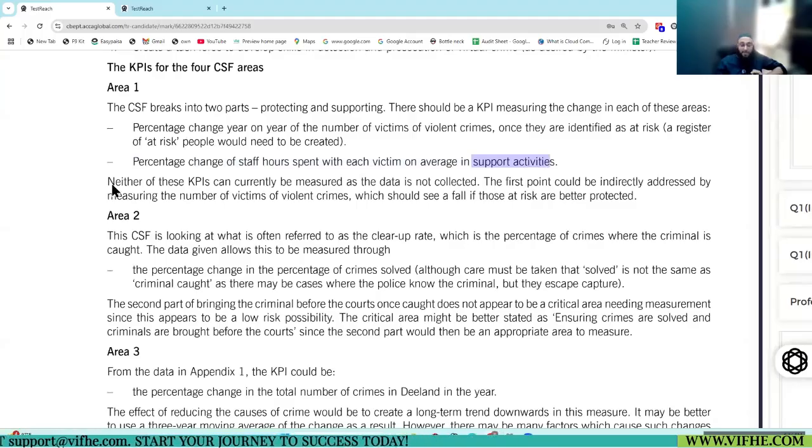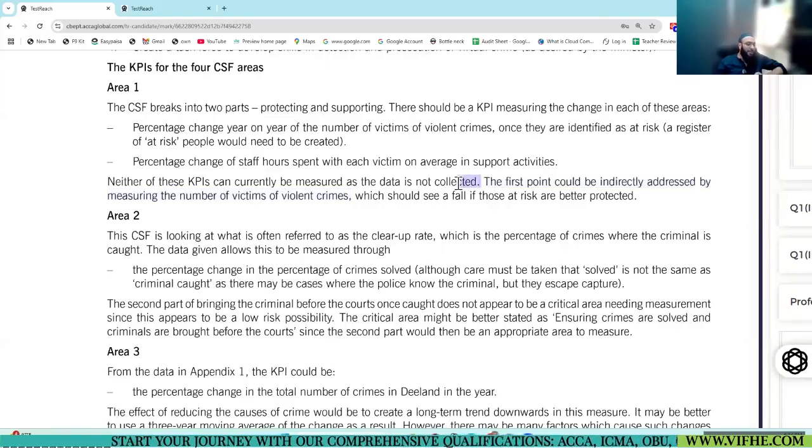Neither of these, see, this is beautiful. Neither of these KPIs can currently be measured as data is not collected. The first one, percentage change year on year, could be indirectly addressed by measuring the number of victims of violent crimes, which should see a fall if those at risk are better protected.